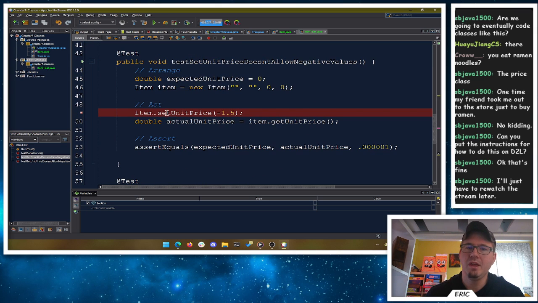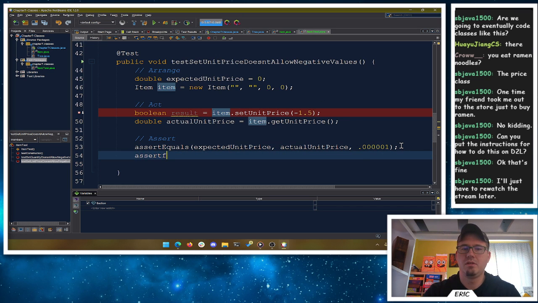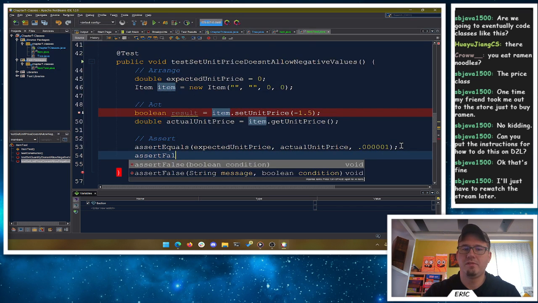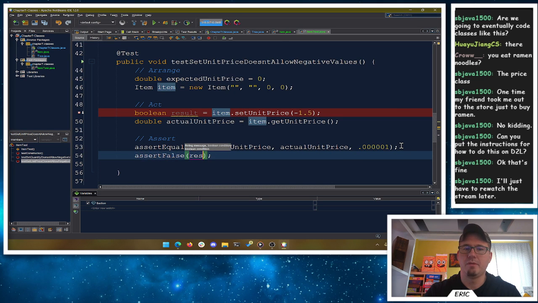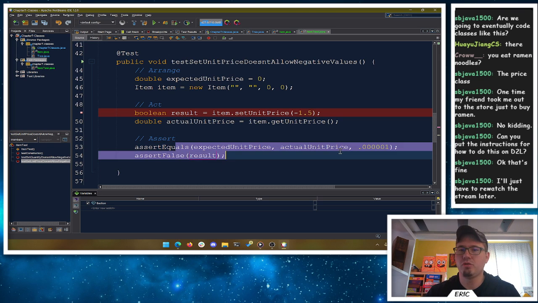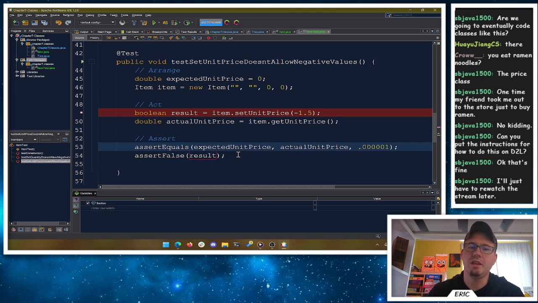So what I'm going to do then is have one more test here. I'm going to have a Boolean for result, and then I can assert false on my result. With just Booleans, we don't need an expected and an actual, asking whether true equals true. It's like in an if block, you just put a Boolean, so we can assert false or assert true. We'll say, okay, this one didn't work.